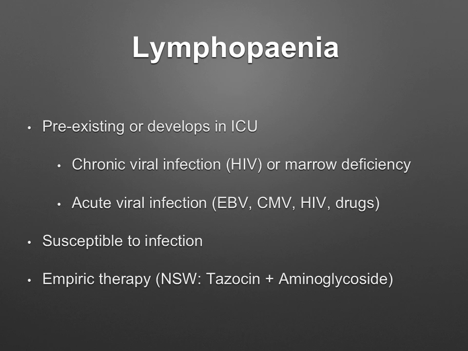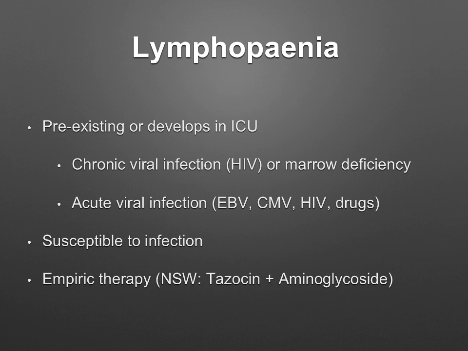Lymphopenia can be a pre-existing problem, or it can develop during the ICU stay. The approach to lymphopenia is the same as to neutropenia, in terms of reviewing the history and previous results to see the longevity of it. Long-standing lymphopenia is most likely a result of chronic viral infections like HIV or marrow deficiency, whereas acute viral infections can often lead to a more acute deterioration in the lymphopenia. And typical viruses we're talking about are things like EBV and